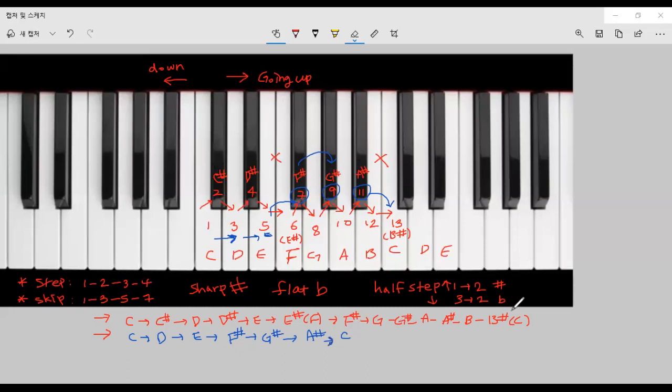Okay. So this one, you go half step up. This one, you go whole step up. Okay. So whole is like a skip. And this is half step. This is half step up. Okay, so the interval, the distance, I'm gonna talk about interval later, but the distance is half step up,